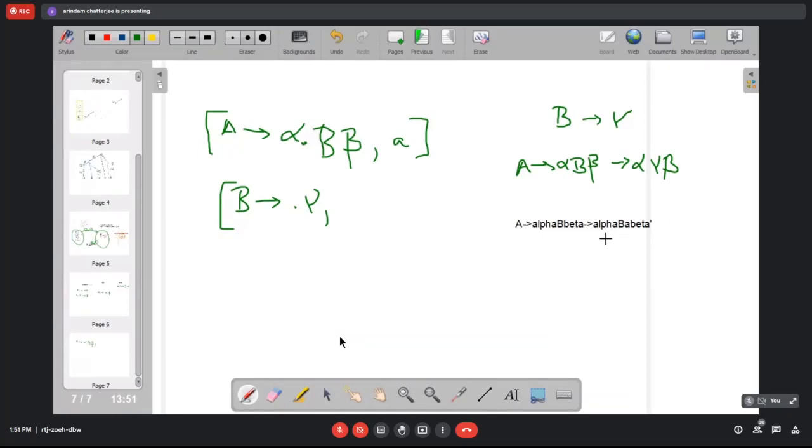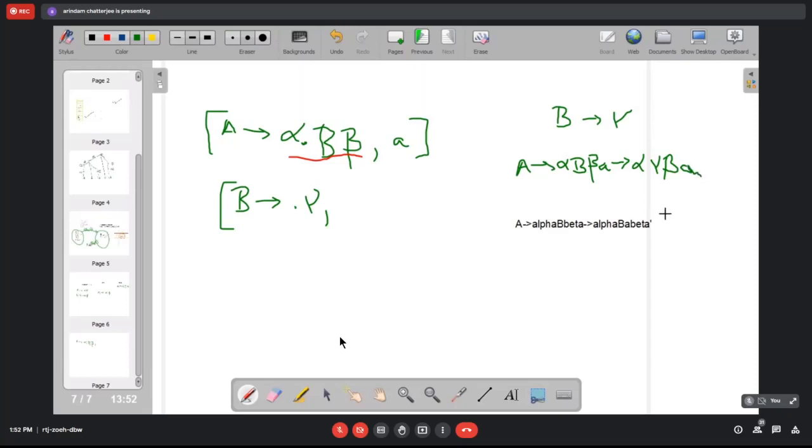In fact, let's make it even better: if this is the substring we are expecting, alpha B beta, followed by an A, we can easily put an A at the end. So we can actually expect something like this, A is somewhere.